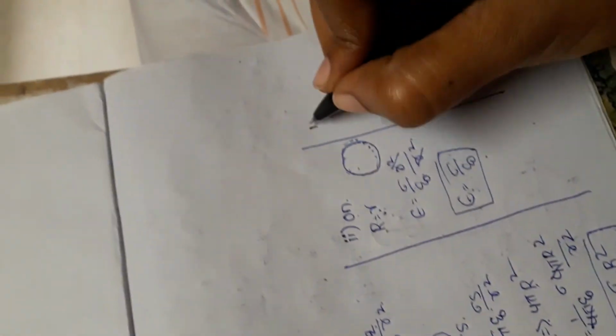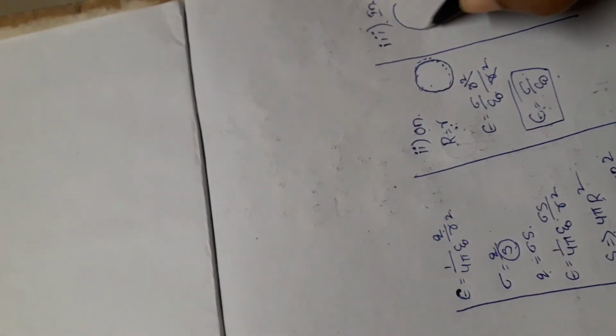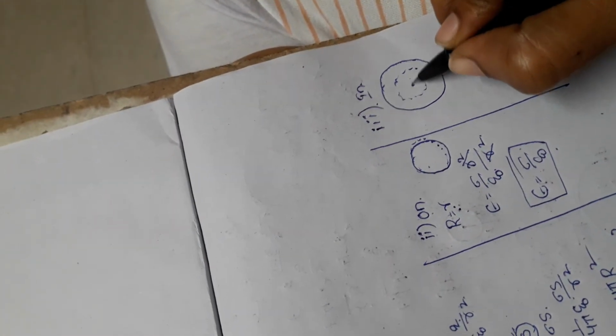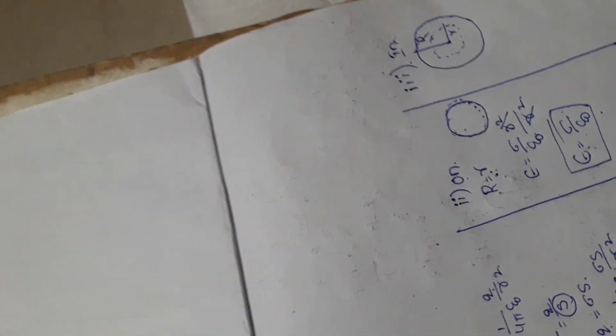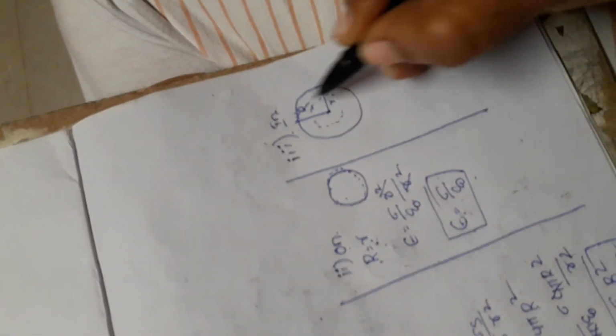And the third one is very important. What is that? Inside the sphere. See this diagram. Inside the sphere there is no charge. This is our original sphere, and the Gaussian surface is inside. That means this is small r, this is capital R. Our original radius is capital R, and this is our small r. The charge is here, and the electric field is here. So inside the sphere there is no electric field.